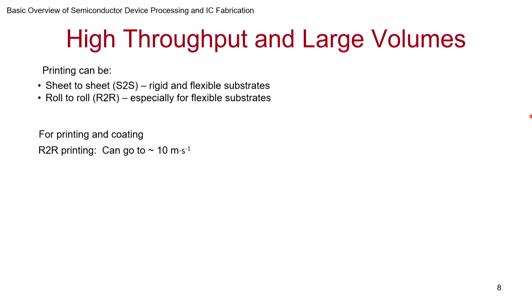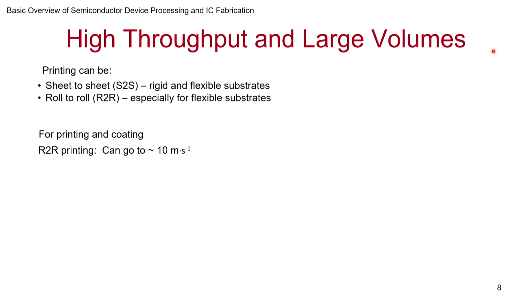And for printing, and here I am being a little sloppy in terms of rigor by including sometimes coating within printing. Some of the coating and printing, the main difference is that coating patterning is much less, but there are lots of coating processes. You can get some basic patterns that you need as you are coating as well. So I am clubbing them a little together. So in a roll to roll process, you can go several meters per second in the linear direction. So area wise, you will have several square meters per second being printed in one go. In the linear direction, velocity is 10 meters per second.